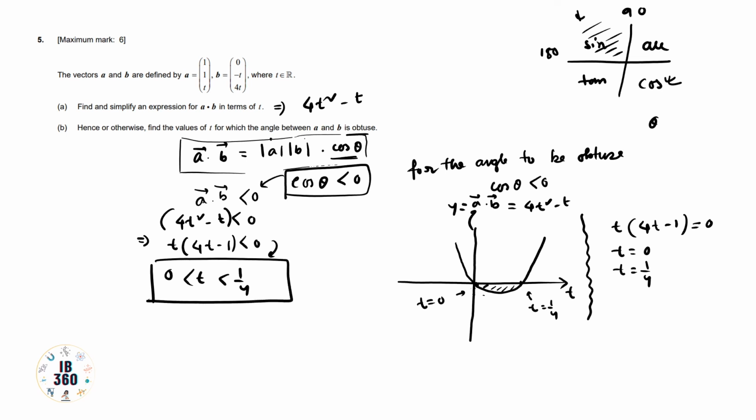So, to find the values of t for which the angle between a and b is obtuse, the value of t will be 0 less than t less than 1 by 4. One most important thing: why have we not taken the equal to sign in this inequality? Because at 0 the value of the function is 0, and at 1 by 4 the value of the function is 0, and 0 is not a negative number. That's why we have taken 0 to 1 by 4 as an open interval. Okay, so in this way this problem is